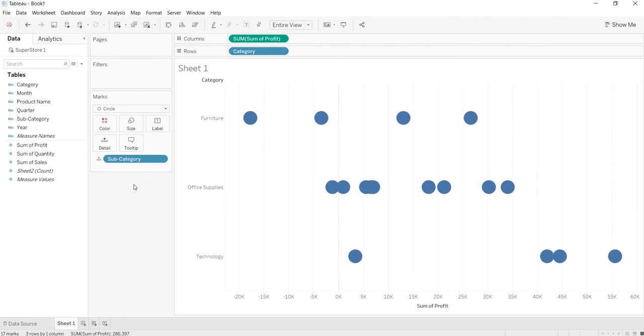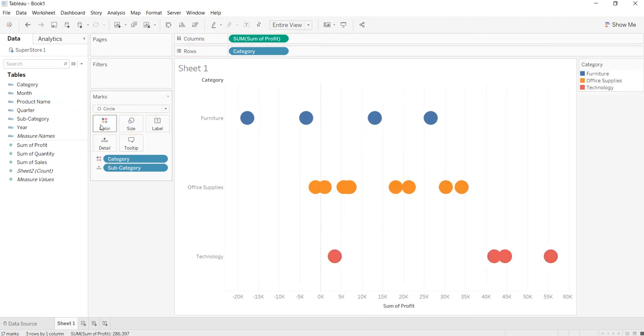And maybe to make it a little bit more appealing, I can drag the category onto the color property. Now basis this, all the categories are in a different color. Now why would I want to do this? I would want to do this in a situation wherein I don't want to disturb the existing structure of the table or view, but I want to add more detail. And that is why this is called the detail property. I am adding more detail to this view or the table without disturbing its structure.